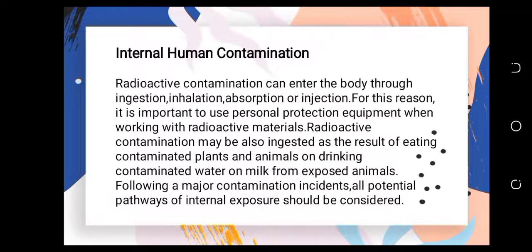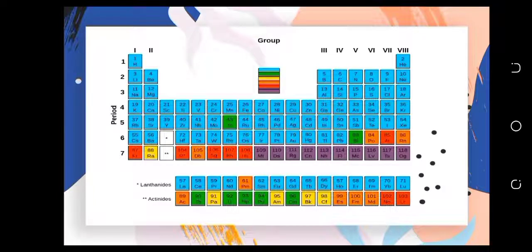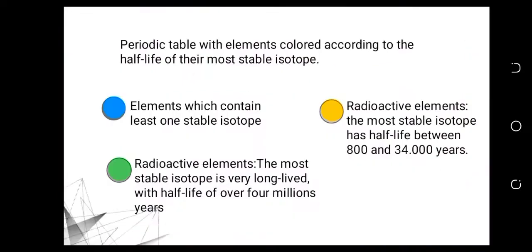So here's the periodic table with elements colored according to the half-life of their most stable isotope. So, what is the color? Sky blue is elements which contain at least one stable isotope. Then, mint green: radioactive elements, the most stable isotope is very long-lived with